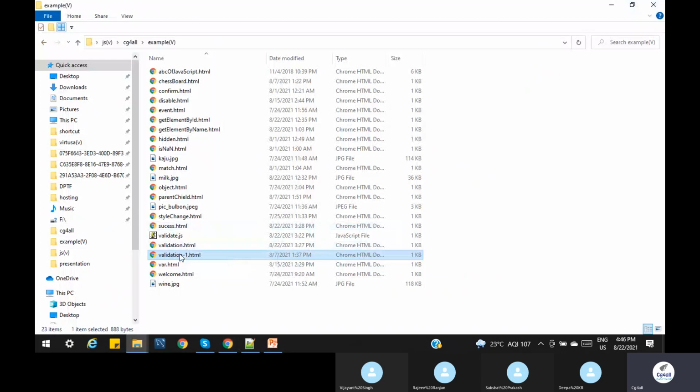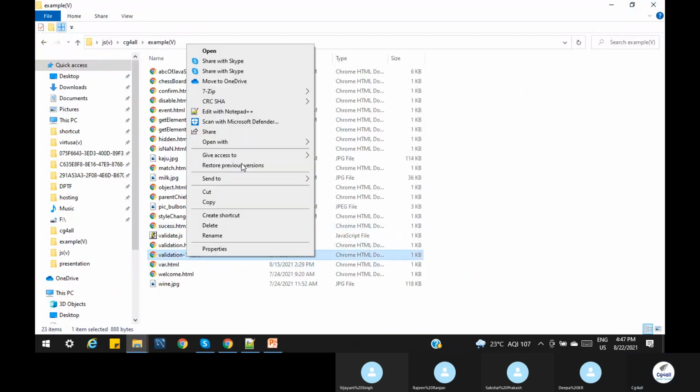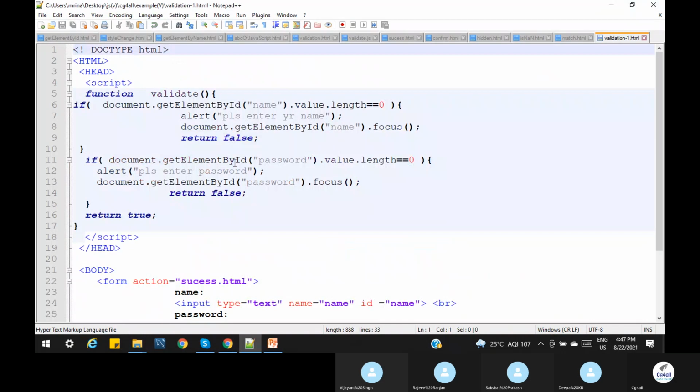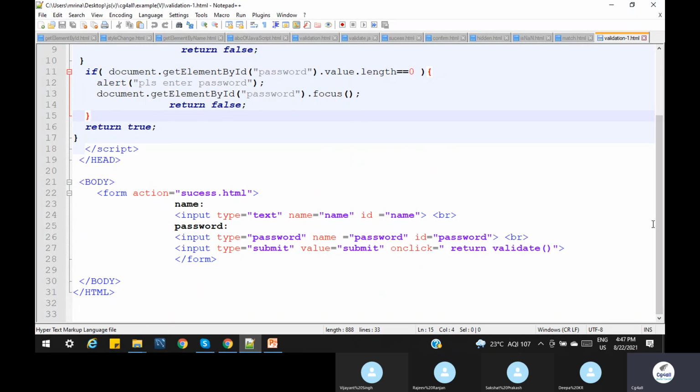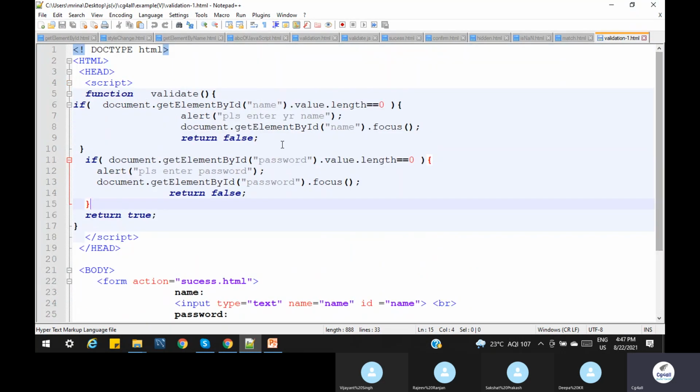It is the same example validation only, but it uses document.getElementById. It's the same script, but best practice is an external JS. Instead of document.forms[0], I am using document.getElementById.name.value.length. I think this is the best practice.